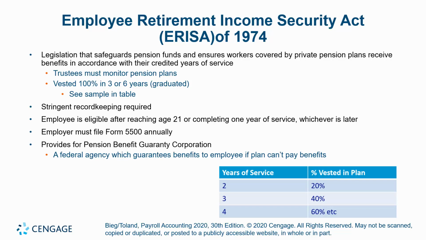As an employer, you've got to walk a really fine line. There's two things. I want to write the plan so that you stay. I want you to stay. And obviously, if I give you 100% in 1 year, you can walk out the door. That's not a tool to keep you. So that's one piece of it.